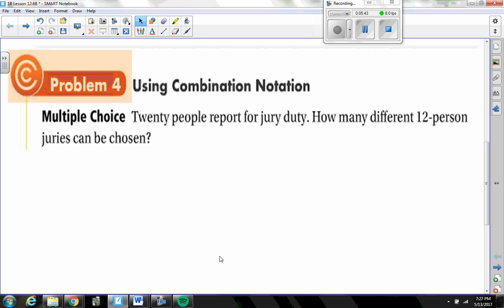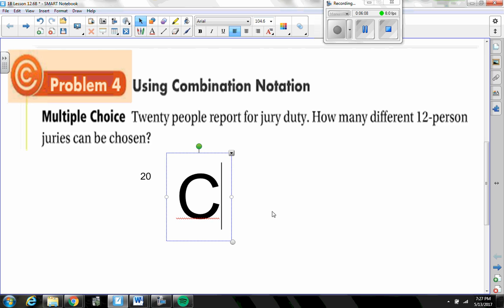have legal residence. 20 people show up, and then the attorneys want to choose people for the jury. Right? So 20 people show up, but they only choose 12 for the jury. And this question is about how many different 12-person juries can be chosen. 20 people show up. How many different 12-person juries can be chosen? Well, that sounds like a 20 and then a big capital C,